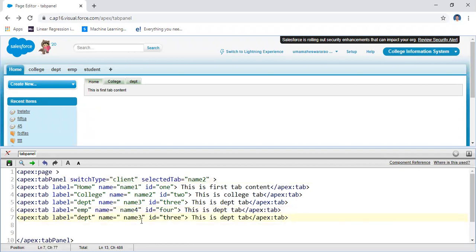Finally, the student tab, name equal to name 5. In this way you will create different tabs using tab and tab panel.